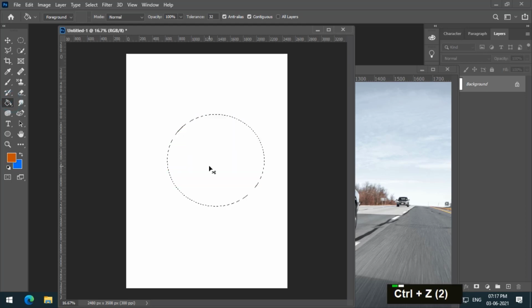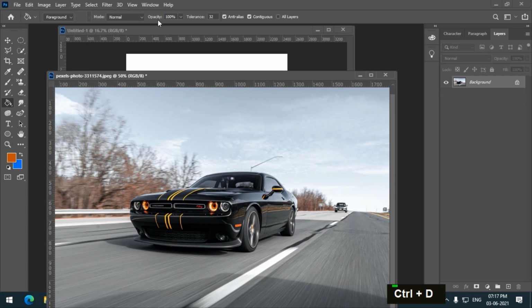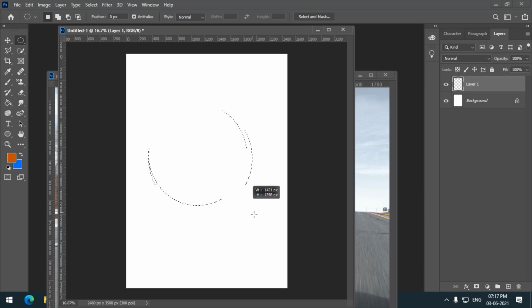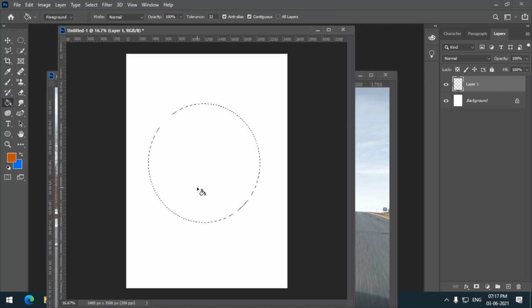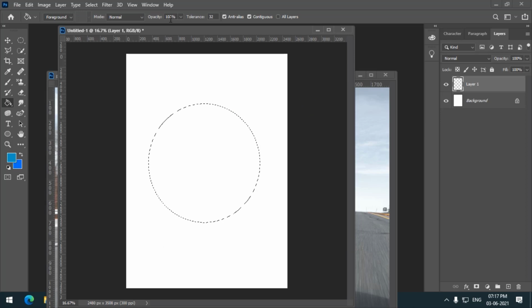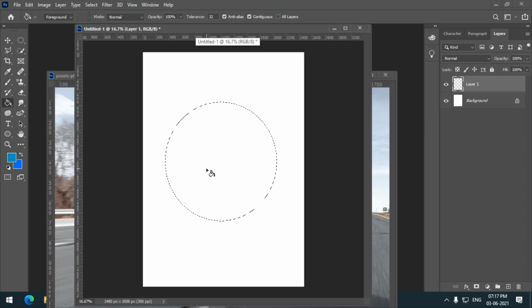If you want to move or transform that selection that you have filled with color, then you must create a layer using the layers panel by clicking on this button, which is create new layer. It will create a new layer, and if you make any selection, the selection is now active on the layer that you have created. If you fill the color, the procedure remains the same. If I change the color, then the selection will be filled with this color.